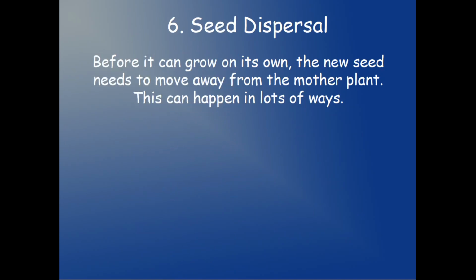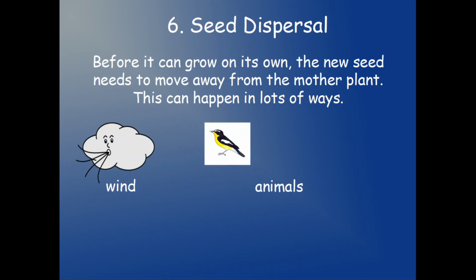Now that we have new seeds, we need seed dispersal. We need to disperse the seeds. Before it can grow on its own, the new seed needs to move away from the mother plant. This can happen in lots of ways. It can happen by wind, blowing away, or through animals. Animals can eat them, or the seeds can get stuck on their fur, or after eating,